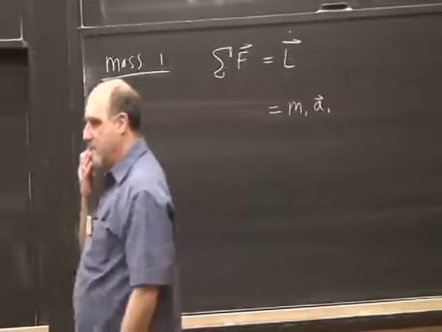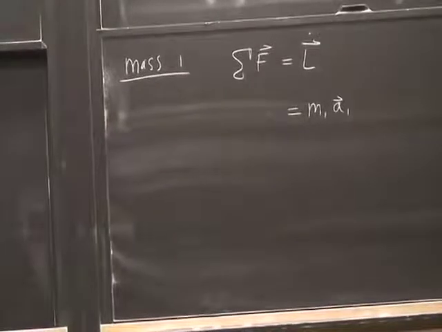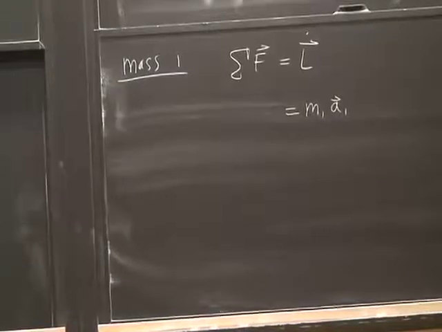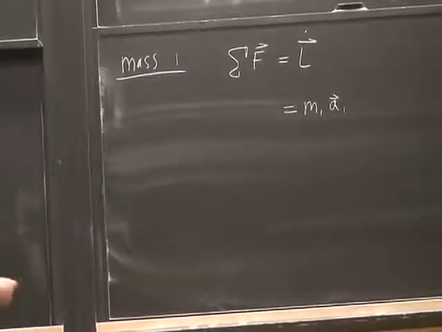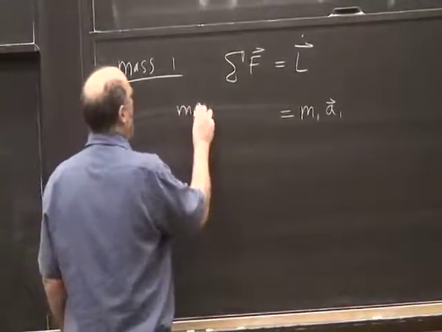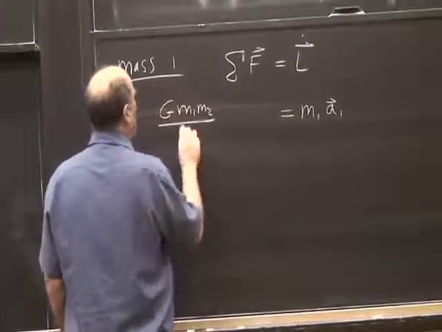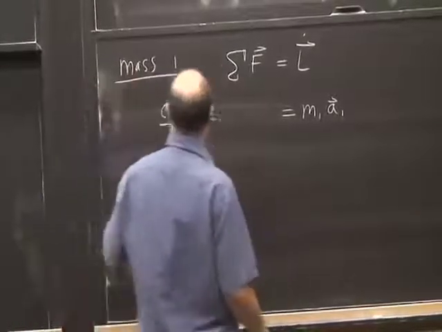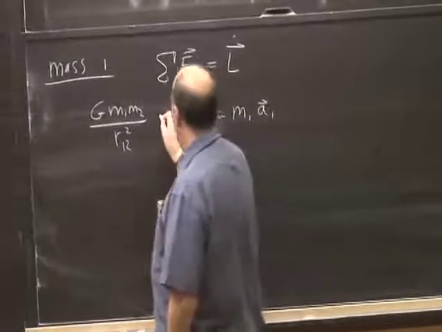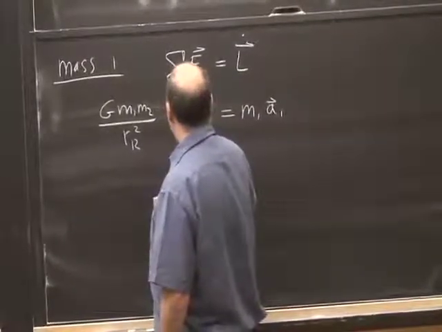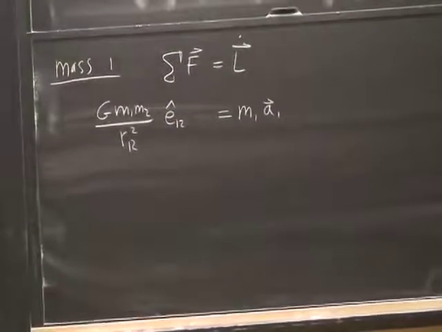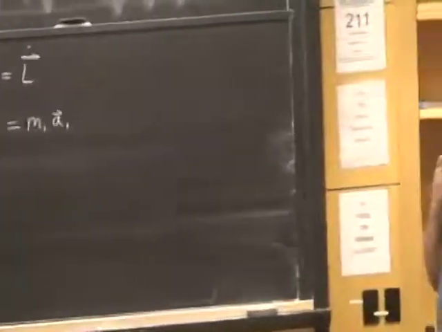There's only one force. If we were doing statics and we only had one force, what would that force have to be? 0. In dynamics, the forces don't have to add to 0. At least if you want the course to be interesting. And what is the force that we have? We have this m1 m2 g divided by r12 squared. There's no vector here, which means I'm talking about the absolute value of it, multiplied by this unit vector, e, in the 1, 2 direction. And that is the equation.